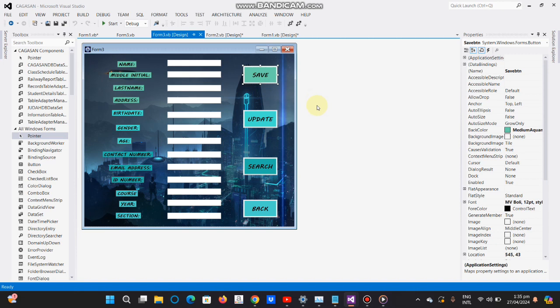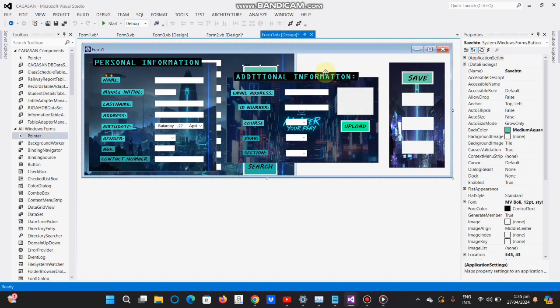So the purpose of Form 3 is to view the data and print it, then also to update and save, then search. So without further ado, I will now explain the code.